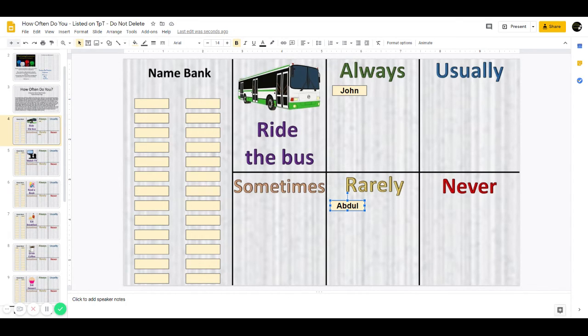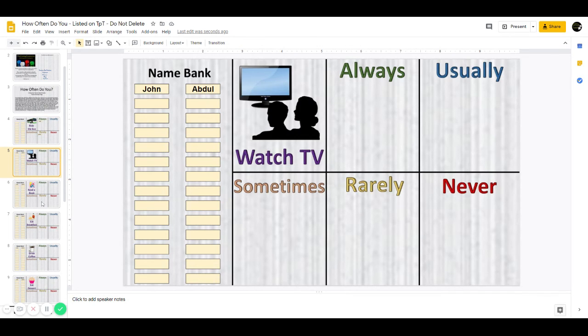Then I have the opportunity to call on different students or to encourage different students to make sentences. So I might say, Abdul, tell us about riding the bus. How often do you ride the bus? And Abdul would say, I rarely ride the bus because I have my own car. But John might say, I always ride the bus because I don't have a driver's license, whatever their sentence may be. And I can then go through and do each of the different